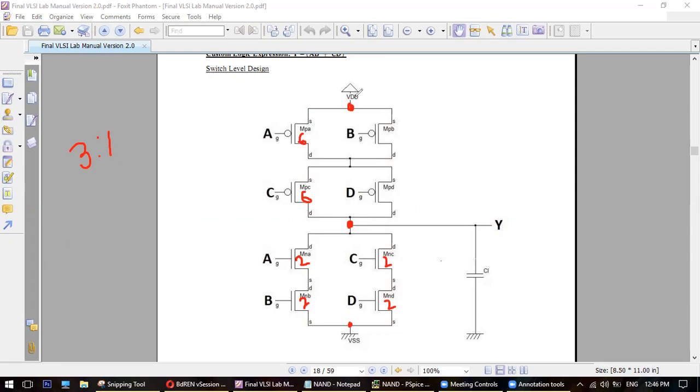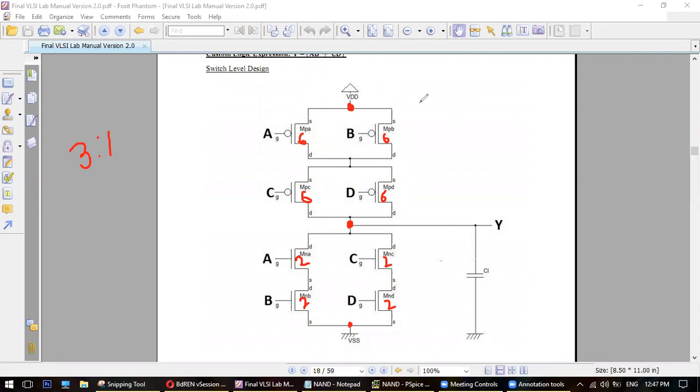Next path will be A and D. Again, how many MOSFETs? 2. So D will be 6 as well. Another one is B and D, so B will be 6 again. So in all paths, they become 6, 6, 6, 6, 2, 2, 2, 2.